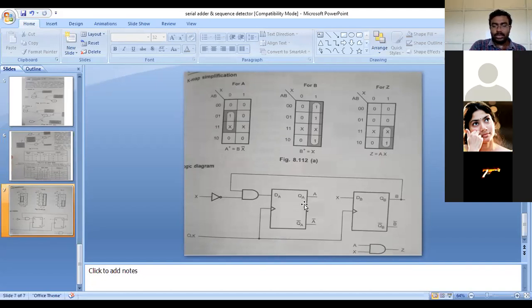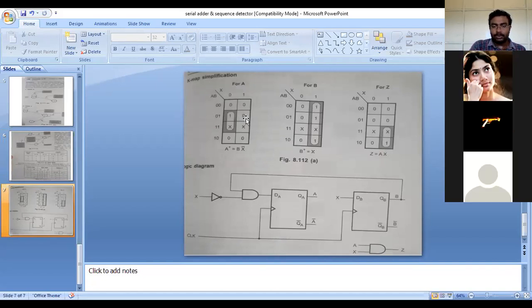So by using D flip-flop, I have this K-map, and the connections are given accordingly from your K-map, students. This is about the design of a sequence detector with the help of the Mealy state diagram we have seen, students. Okay, so students, any